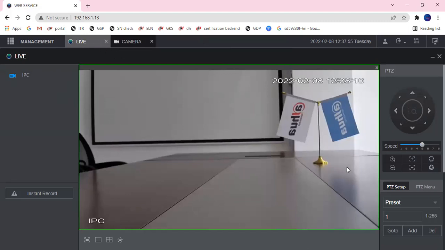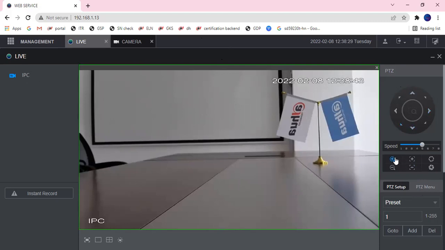Okay, we talk about the live interface. So the way you would get this interface from the NVR local interface is different from my side, because on the NVR you would right click on the screen and it will give you options. But in this case, because I cannot right click here, it will give you browser options instead of NVR options. But basically, if you select PTZ,